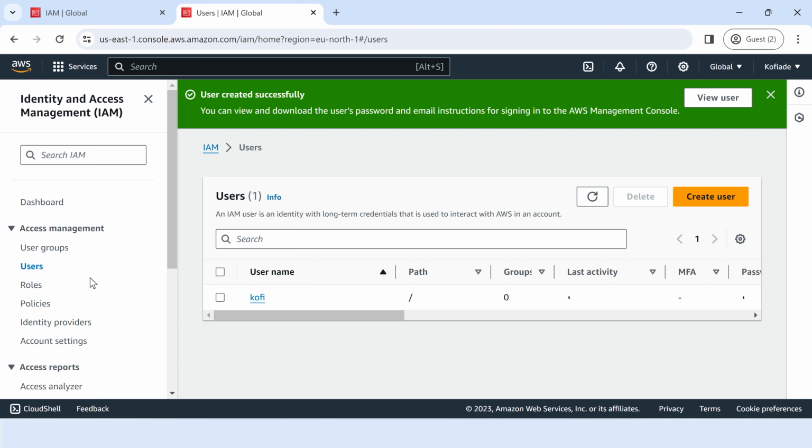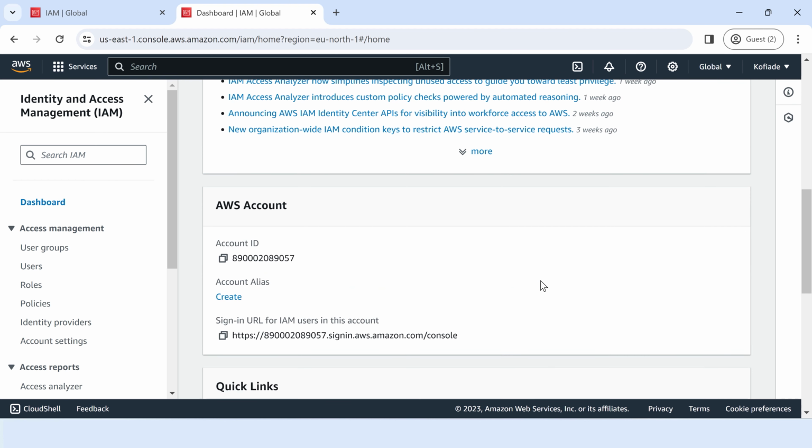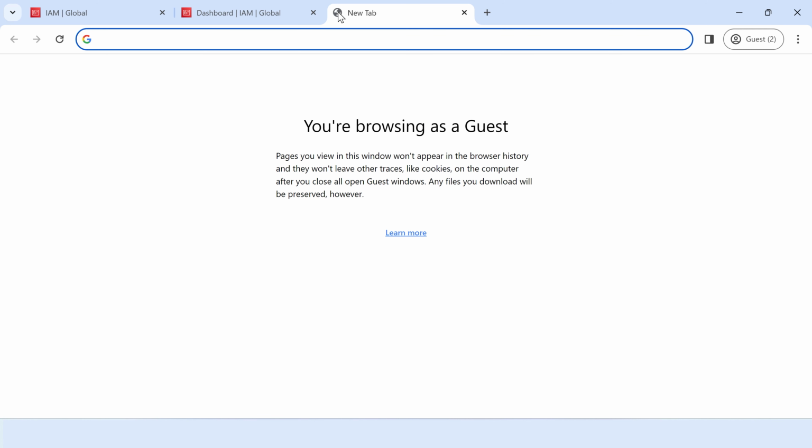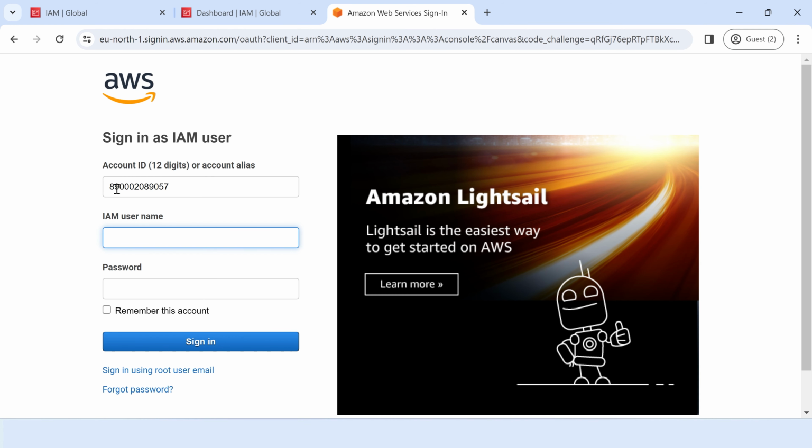I'll go to the dashboard so I can see information about this specific account. I'm going to make sure I have the account ID, so I'll copy the account ID, or I can use this URL to sign in, which includes the account ID as well. Let me click on this option, copy that, and open it in a new window. I should be presented with the option to log in, and the account ID will be populated by default once I use that link. Now I can log in with the user I just created,